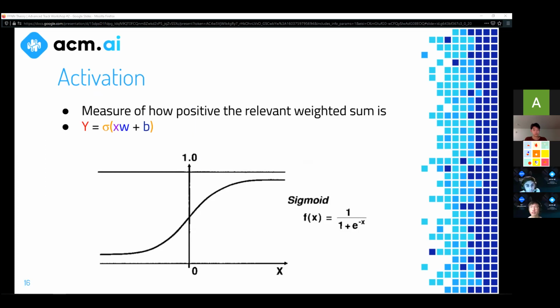This activation function takes the output of the linear hypothesis function that we showed earlier, which can have a value between negative infinity and infinity, and maps that to a value between 0 and 1. In a way, this mimics how biological neurons might have other neurons connected to them that give them a signal. And if the signal reaches a certain threshold, then it goes closer to 1, and then it propagates that to the next neurons that are connected to it.